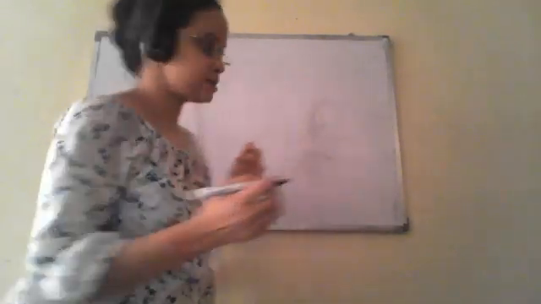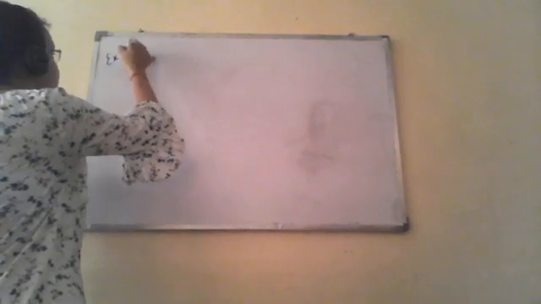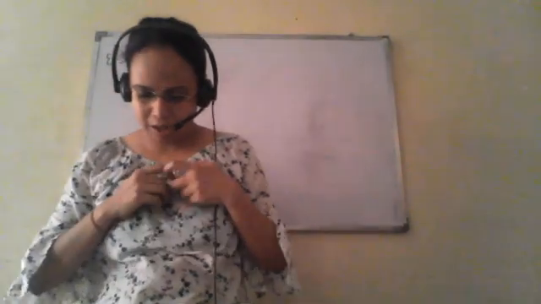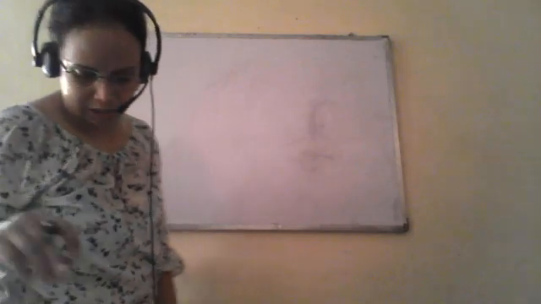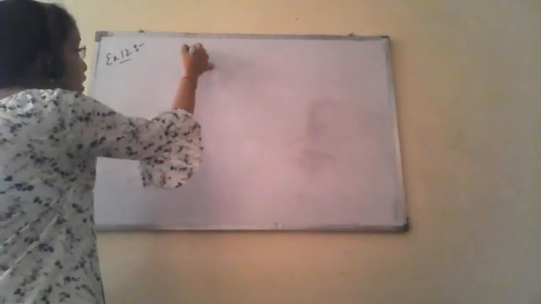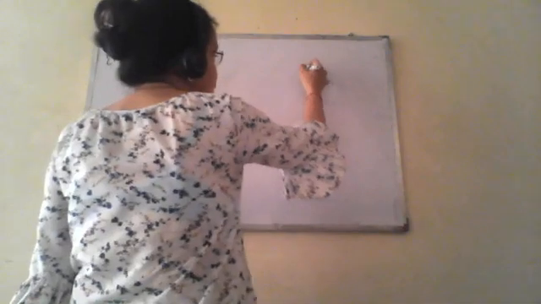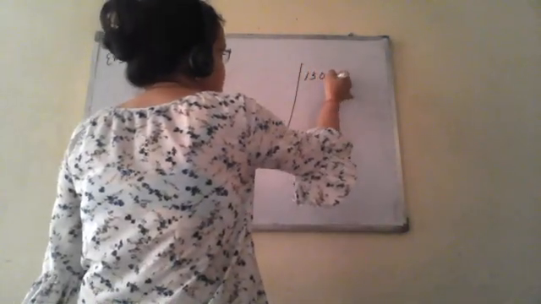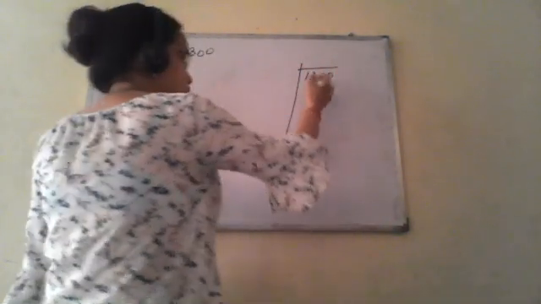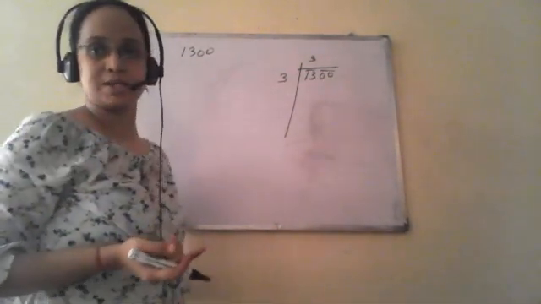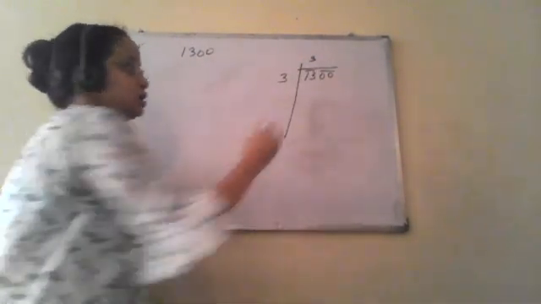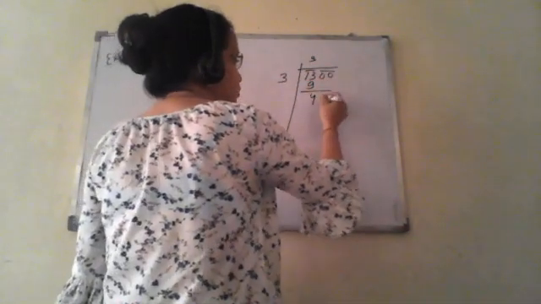So next example is example 12. Example 12 says, find the least number that must be added to 1300 so as to get a perfect square. Also find the square root of the resultant number. So we have 1300. First, we put the bars. So we'll try for 3, because the square of 4 will be 16 and this 16 will be greater than this 13. So this is 9 and we have 400.